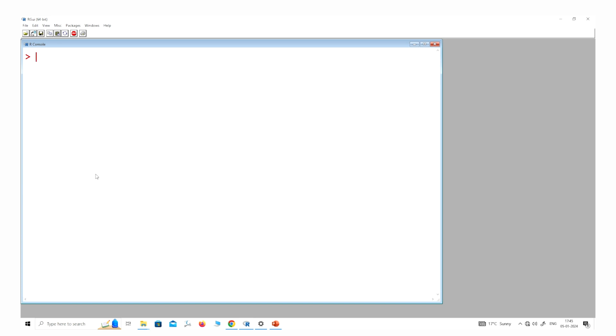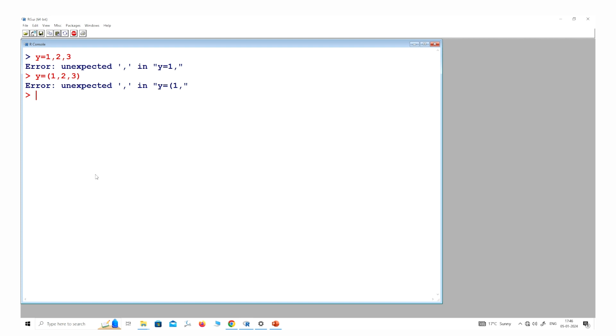Now similarly, if you want to write a data vector, suppose you want to write 5 values 1, 2, 3, it will say error. It will not give you any value. If you put parentheses, even then it gives you an error.